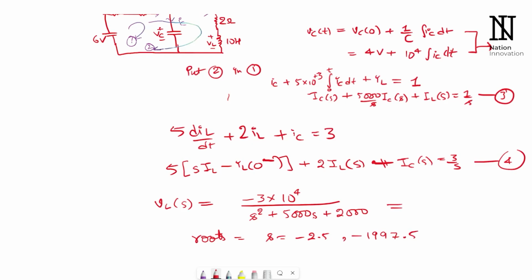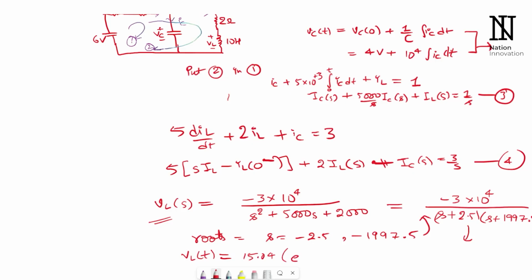So you can write it as minus 3 into 10 to the power 4 by (s plus 2.5)(s plus 1997.5). This is the voltage across the inductor in Laplace transform. In time domain, you have to convert this equation back into the time domain, so it will be 15.04 times e to the power minus 1997.5 t,